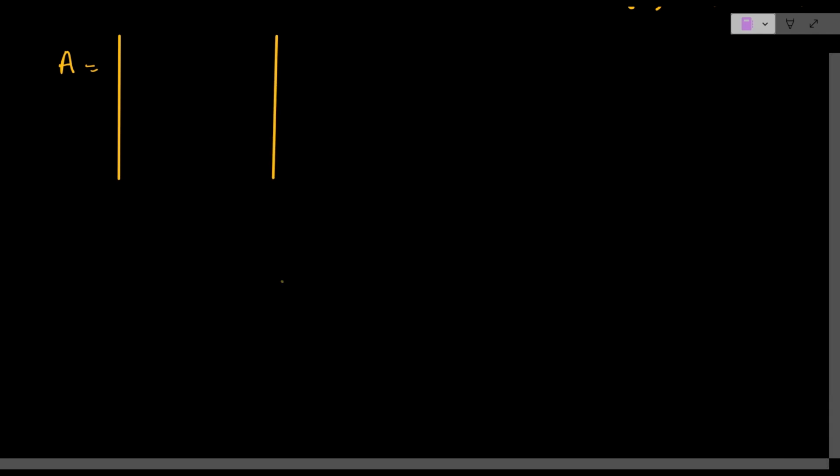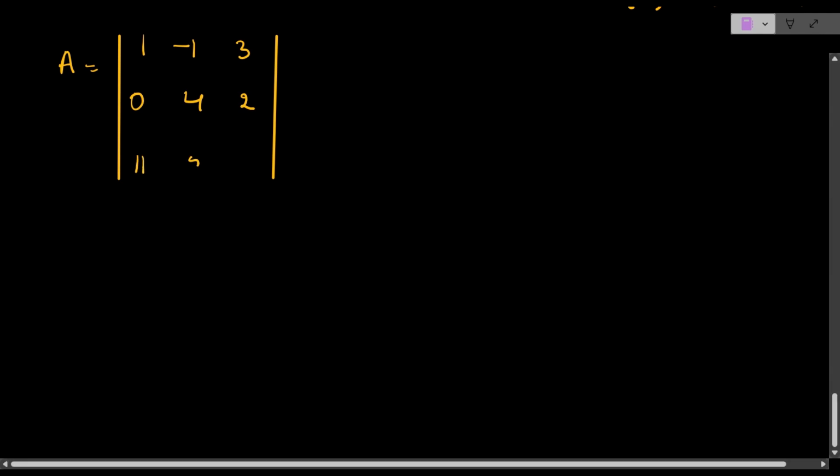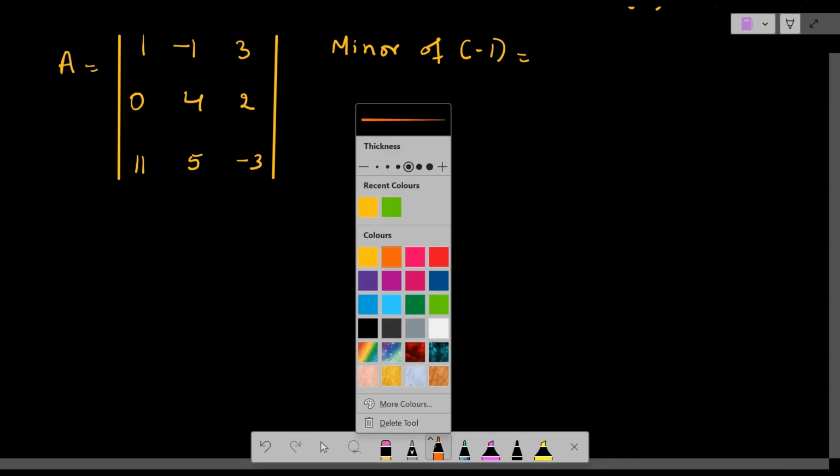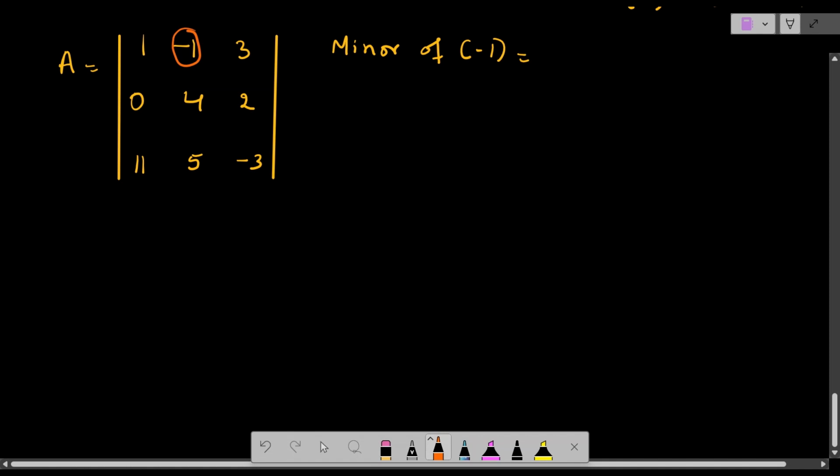So I am having a determinant A that is equal to, 1, minus 1, 3, 0, 4, 2, 11, 5, minus 3. Now we have to find the minor of minus 1. So where is minus 1 here? Here it is. So minus 1 is here. So what is its